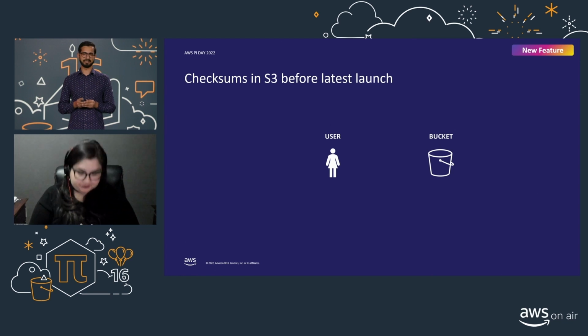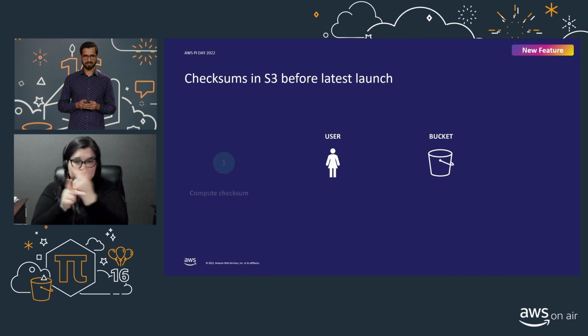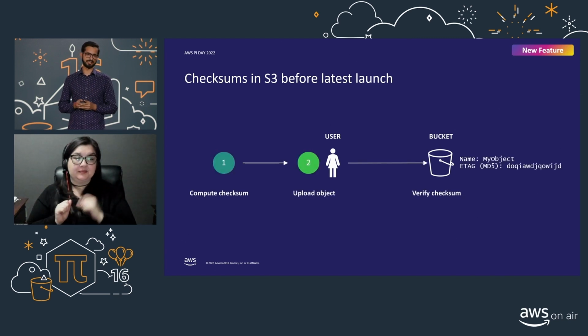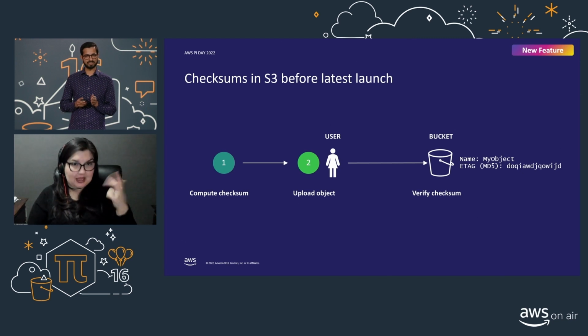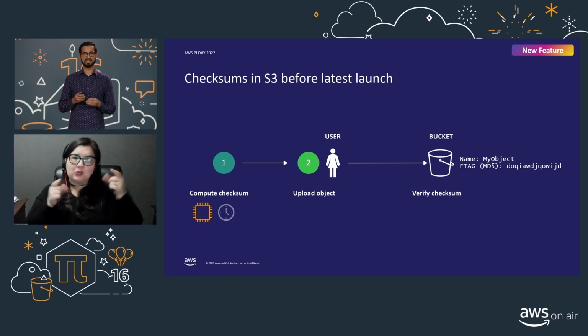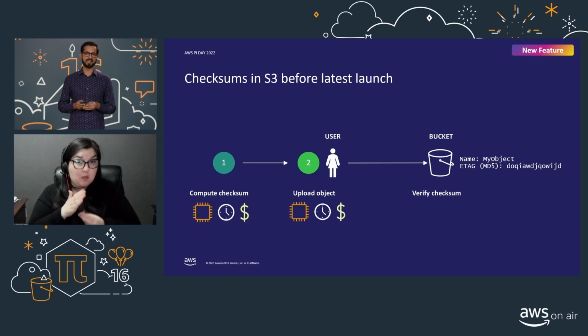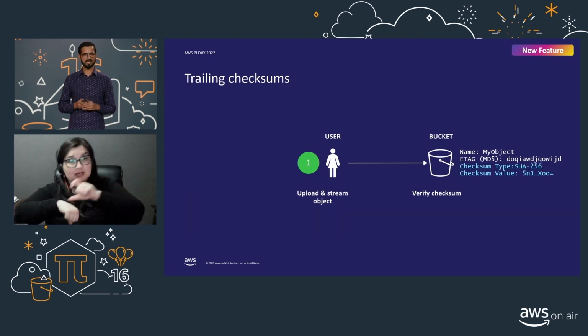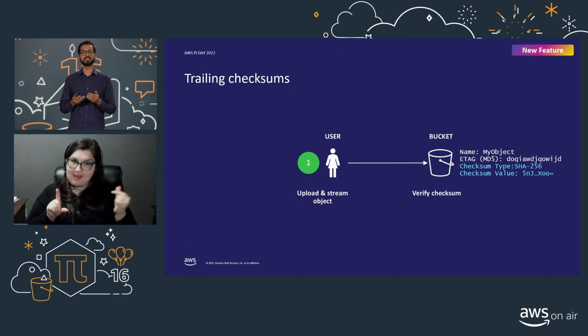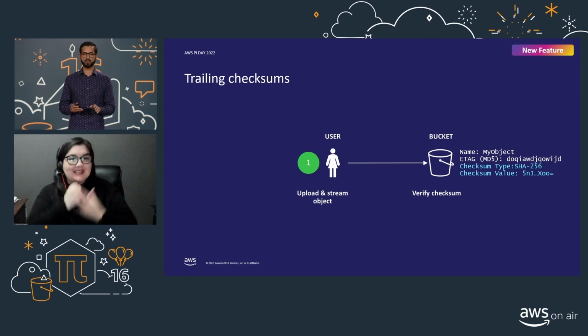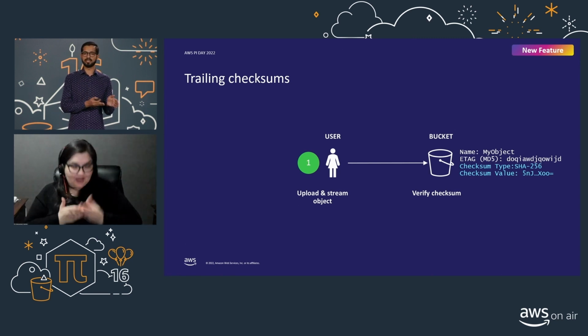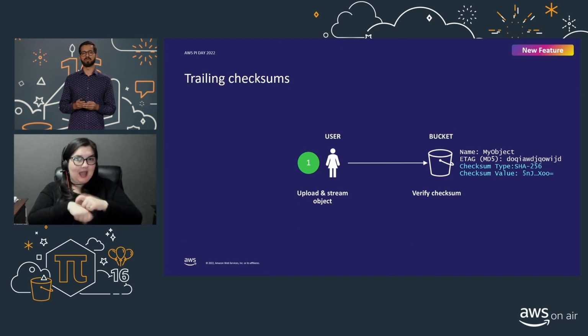First, let me talk about trailing checksums. Today, to verify the integrity of your data, you first calculate the checksum of the object, and then you upload the object to S3. But these two things, the calculation of the checksum and the streaming of the bytes to S3, have to happen sequentially. This means that both operations take wall clock time, as well as their own processing power, which means more time and cost. But with trailing checksums, what you're doing is to calculate a checksum as you stream the data into S3. This saves you time as you're able to both verify and transmit your data in a single pass instead of as two sequential operations.